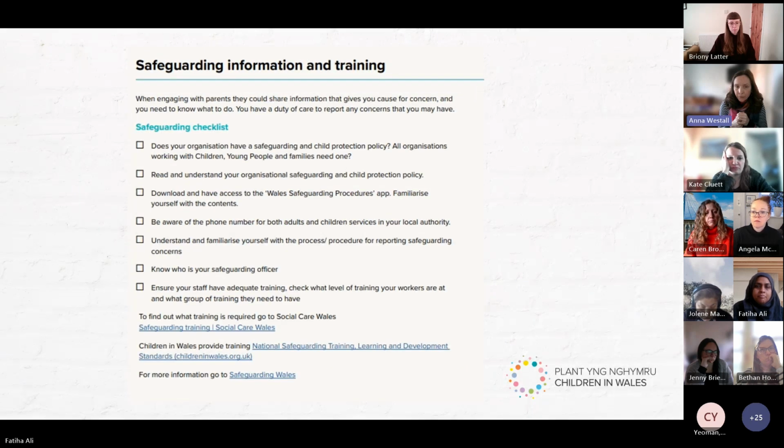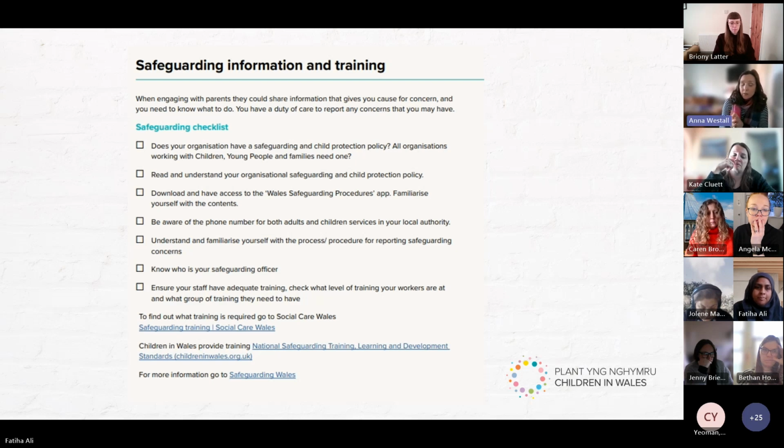Then another section which is really important, as many of you will know, safeguarding is vital, isn't it? And really, really important. When you're working with parents, it also needs to be considered. So what we provided here is a very simple safeguarding checklist of things that you can think about before you run your session, things you need to perhaps have in place or need to be aware of. And if you do need more support, we've directed you to more training or more information about where you can find out about things that you'll need to put in place before you carry out a consultation.